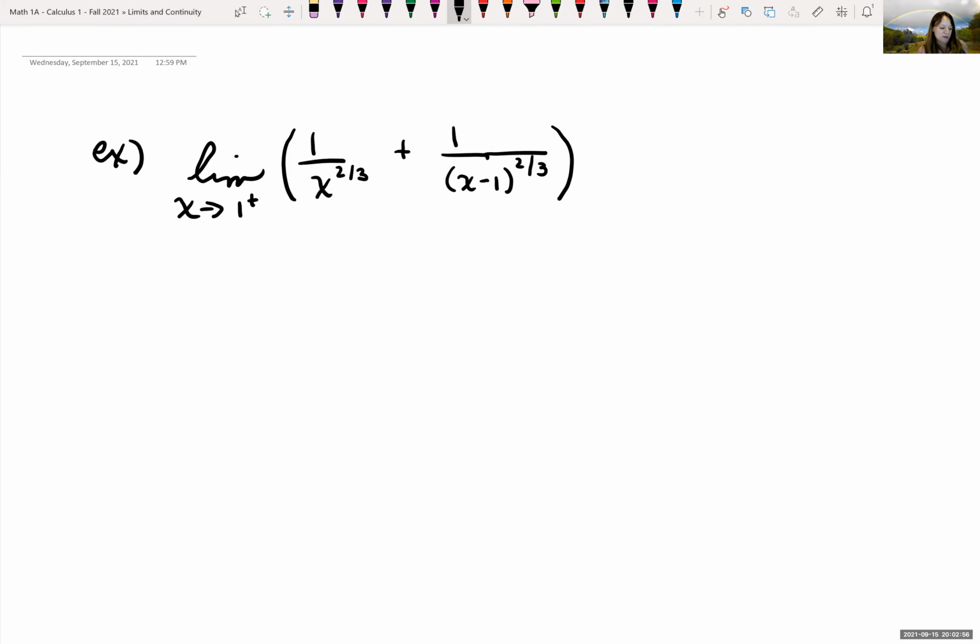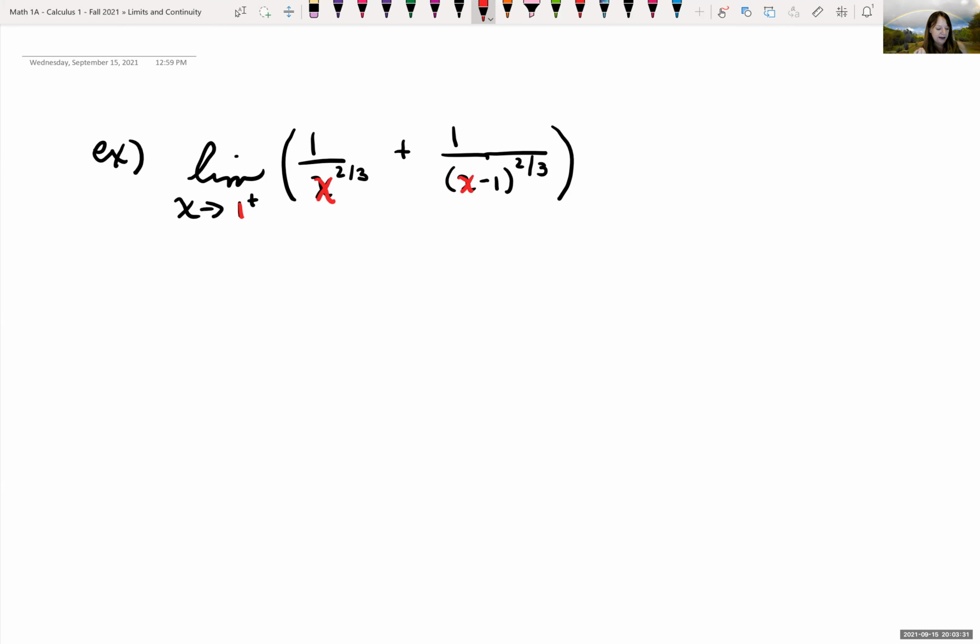So we're looking at some limits here, a couple more examples. This is a one-sided limit, and notice that if we plug in 1 and do our direct substitution, we have the limit as x is approaching 1 on the right of 1 over x to the 2/3 power. That's one fraction. And then outside of that fraction is plus another fraction, 1 over the quantity x minus 1 to the 2/3. So if we go in here and we plug in 1 for x, we're okay for that